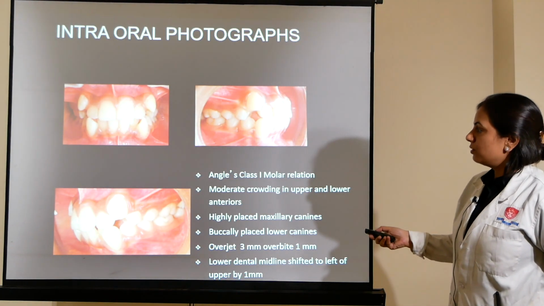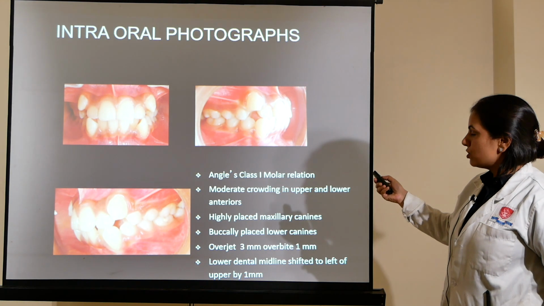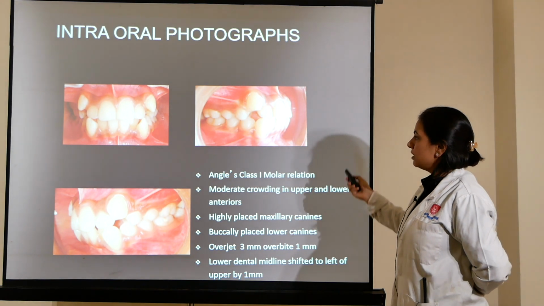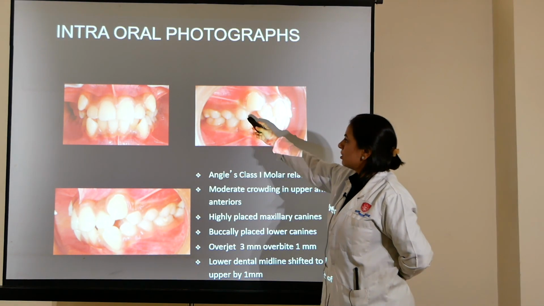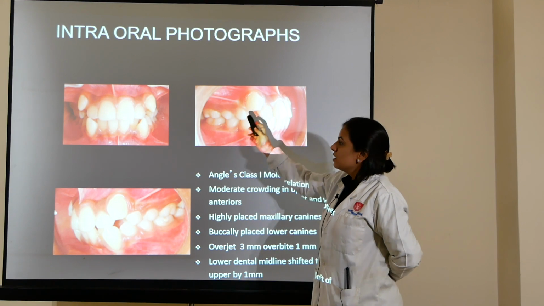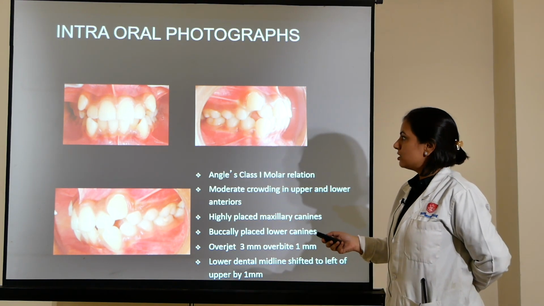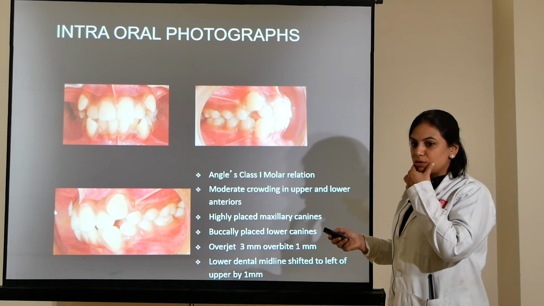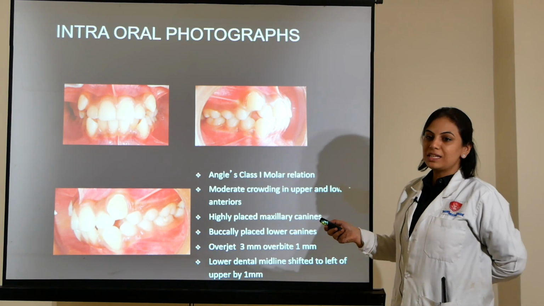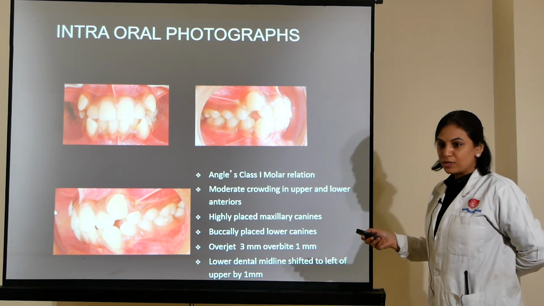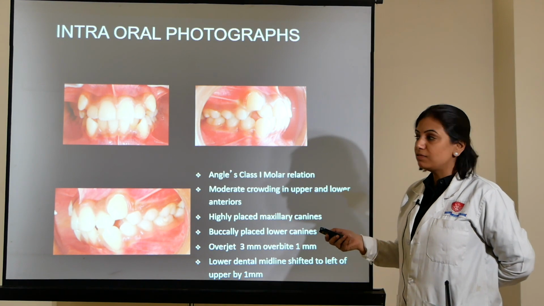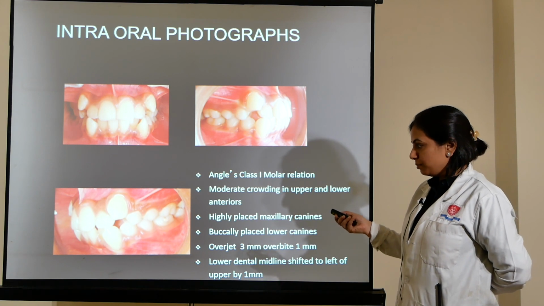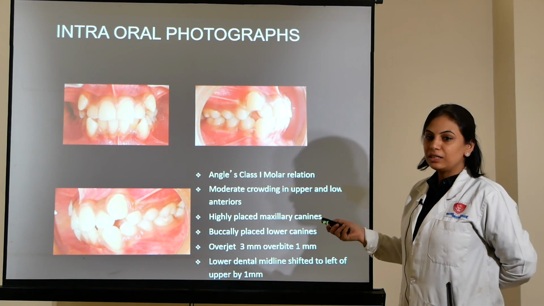So these were the intraoral pictures. You see the molar occlusion is class 1. We have a stable posterior occlusion, just that the canines are out of the arch. So the easiest way to correct this malocclusion is to remove the first premolars and bring the canines in. We will not extract canines in this situation because canines support the corners of the lip and give a shape to the face. So canines are mostly extracted in case of no possibility of aligning them, especially if they are severely impacted. In such a situation, we would prefer to extract the upper first premolars and bring the canines into the arch.